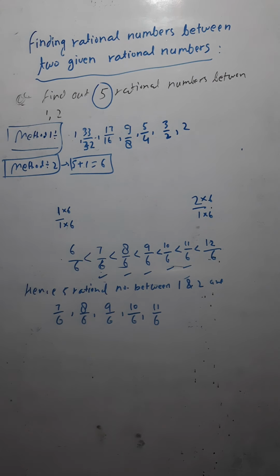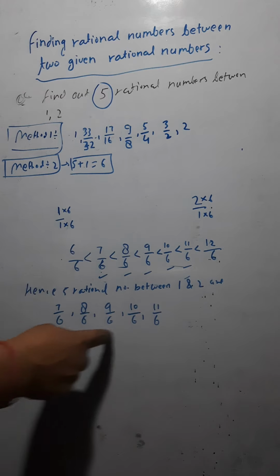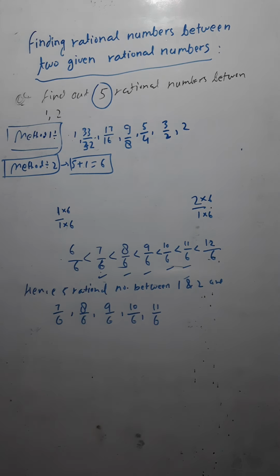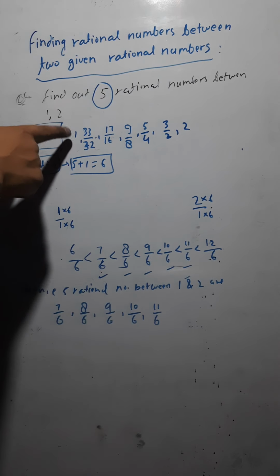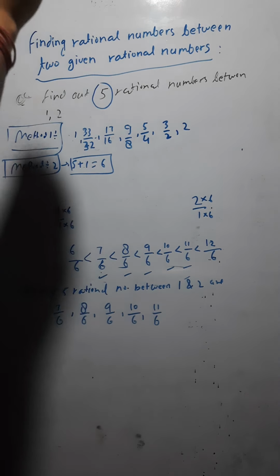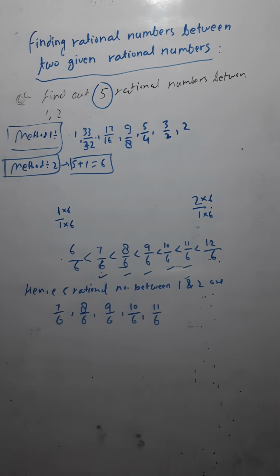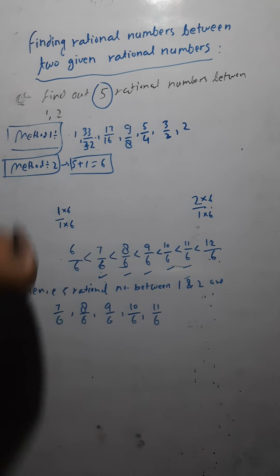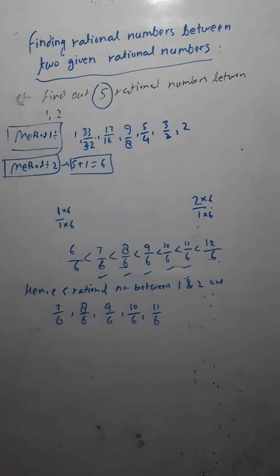Okay. So this is the second method. By the second method you would get a different answer, and by the first method you would get a different answer. Doesn't matter, because as I have already told you, there can be thousands of rational numbers between 1 and 2. Okay. Getting it or not? So this is the second method. Okay, just note it down. Then afterwards I will give you some questions that you have to do on your own from home. Okay, just note it down.